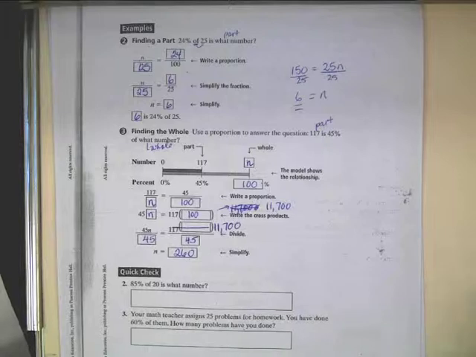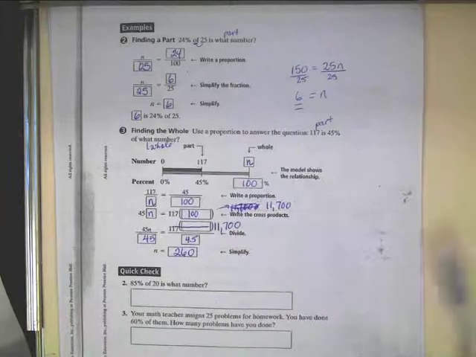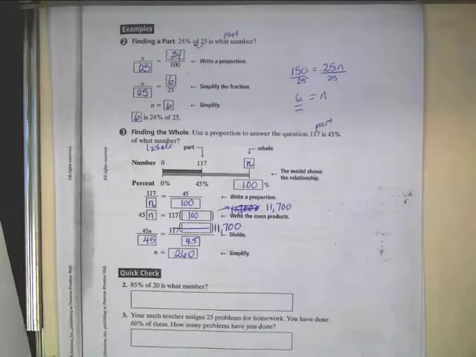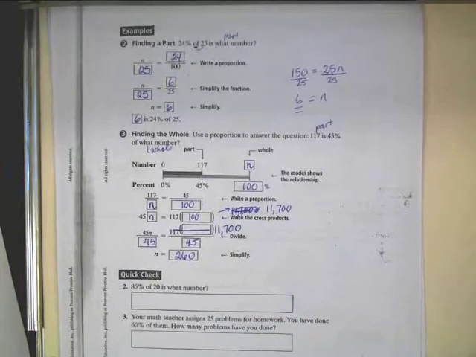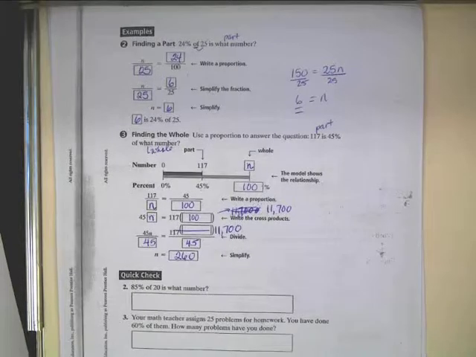The following section we'll do with equations, and you'll be required to do them with equations then. On the test you'll have some leeway, but I will probably ask that you show me at least one or two with a proportion and one or two with an equation. Please finish the quick checks and have those ready for the next time we meet in class. Please, please, please remember to